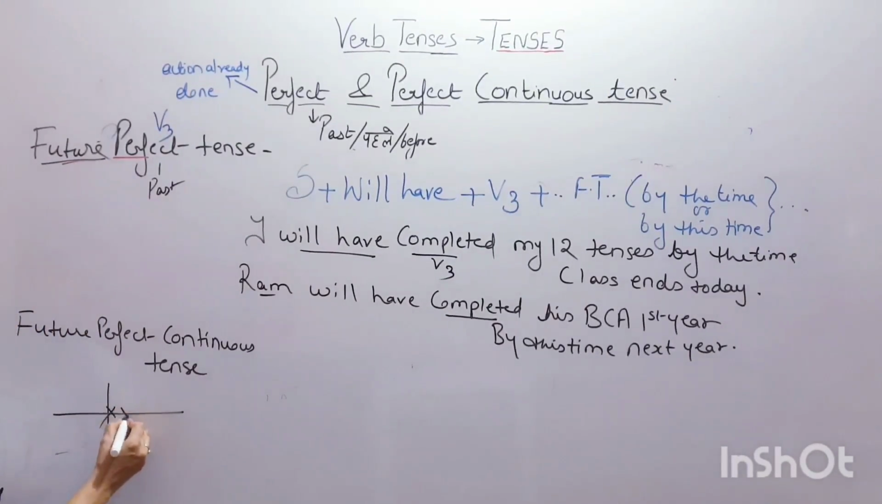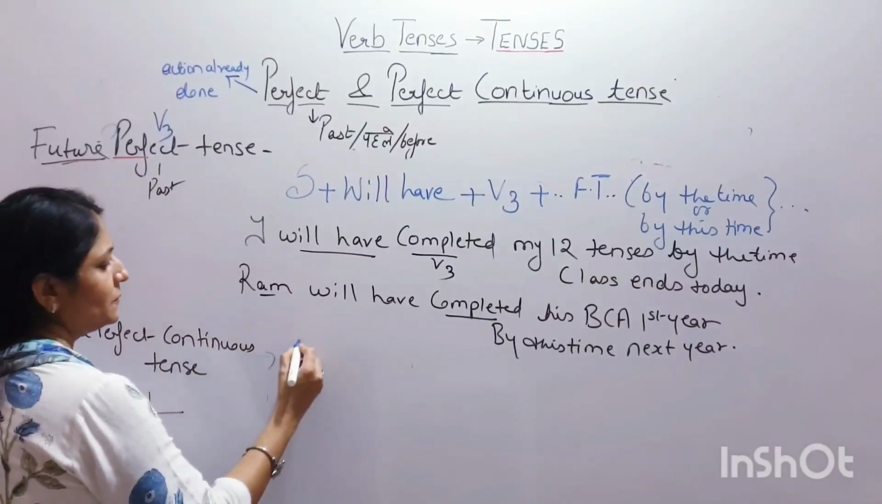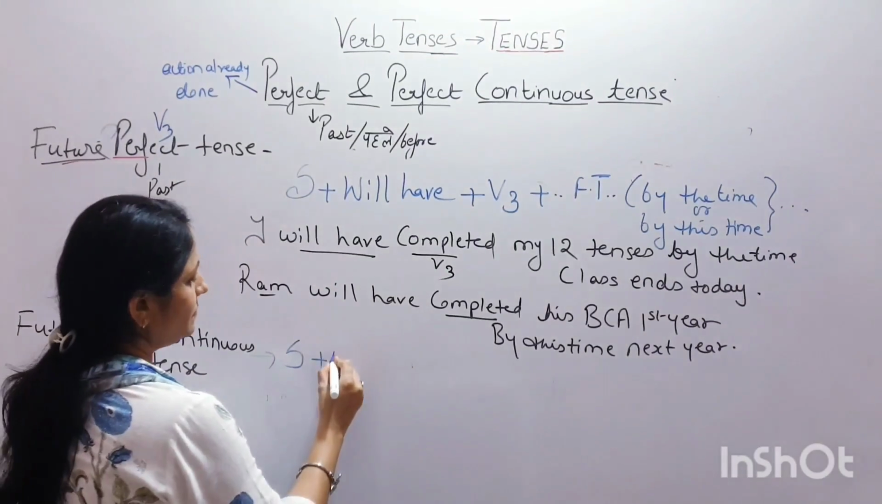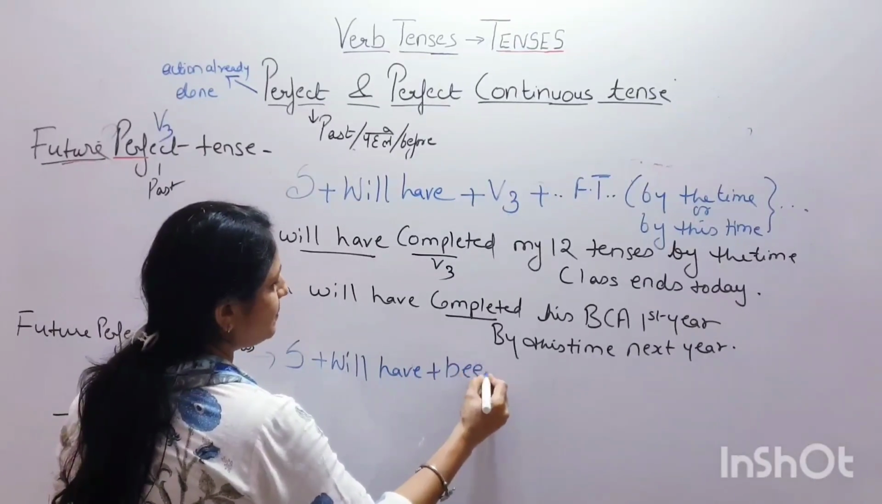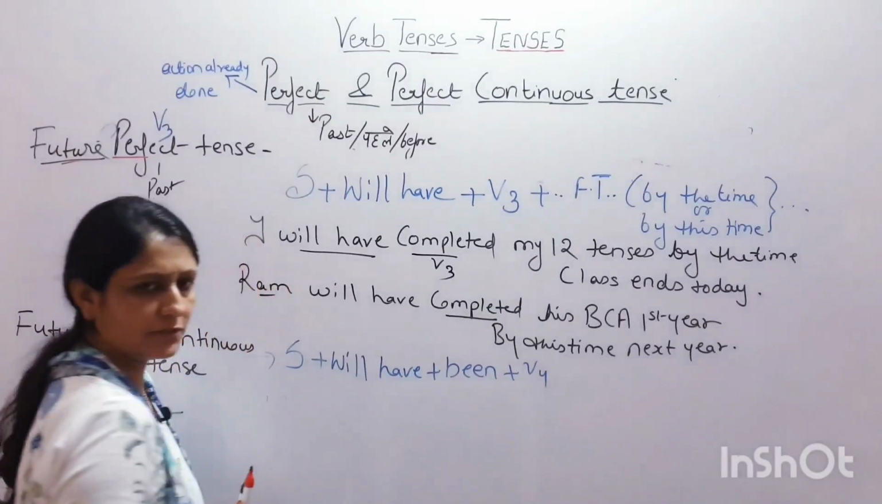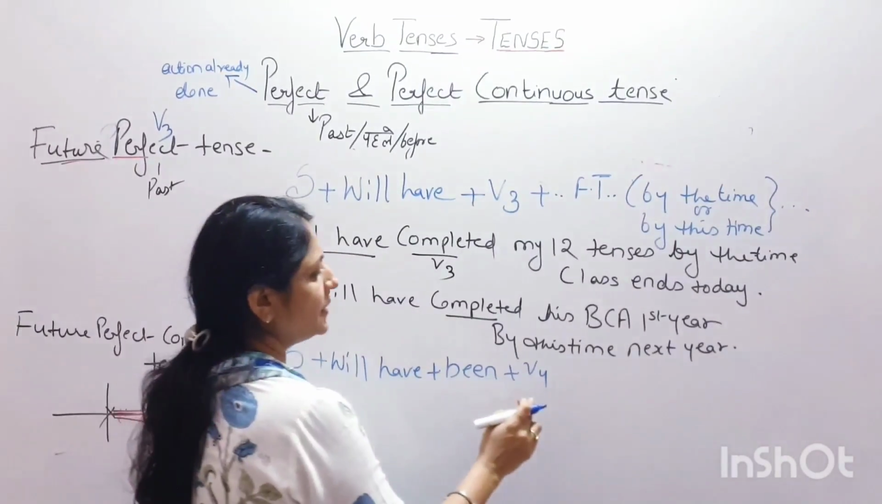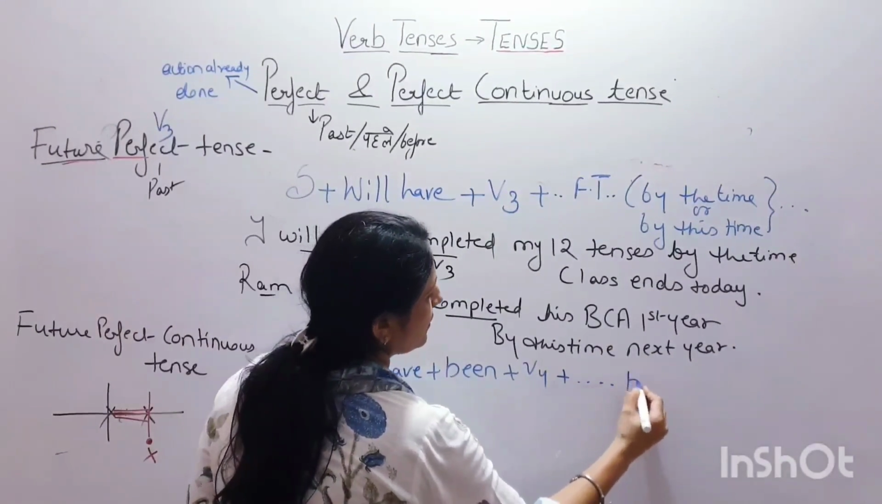start today or maybe after tomorrow, any time in future, and it is going to end at a particular time in future. लेकिन वो आज चालू होके फ्यूचर के इस टाइम तक चलती ही रहेगी, और जब ये टाइम आएगा तब वो एक्शन ख़त्म होगा. Now the formula for this tense is subject will have plus been, since it is continuous it is V4, will have been completing,